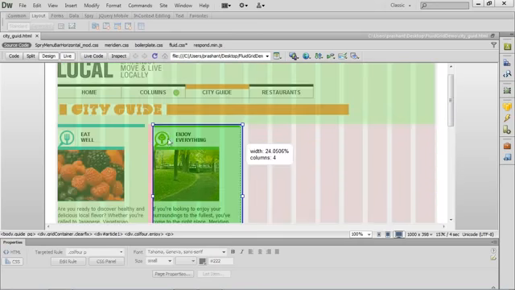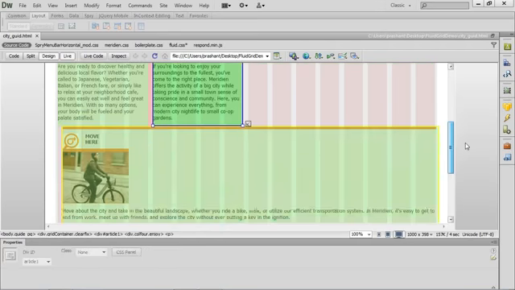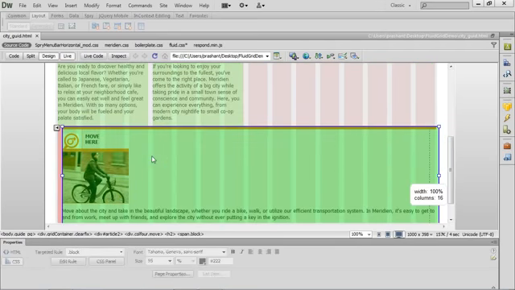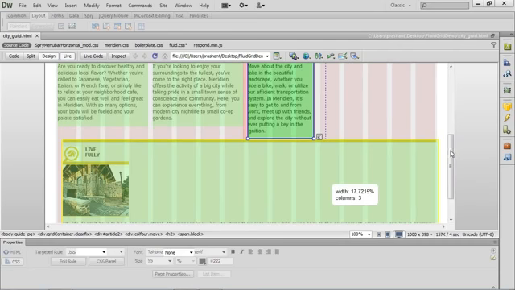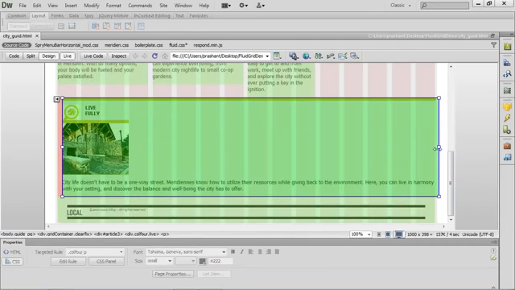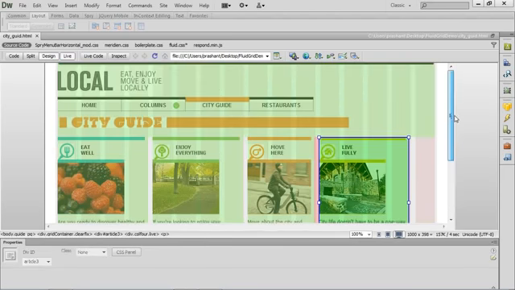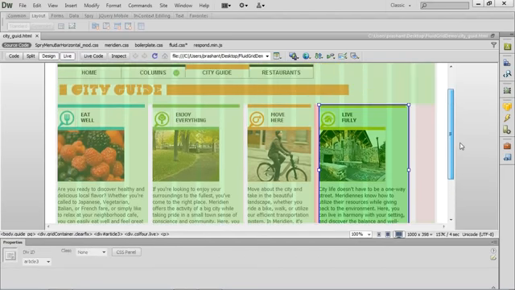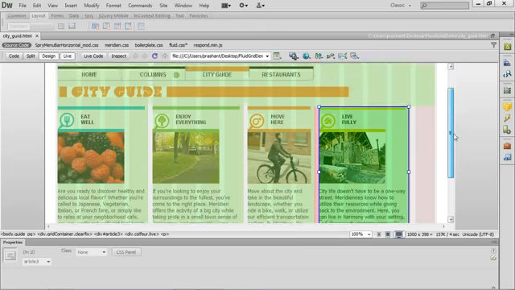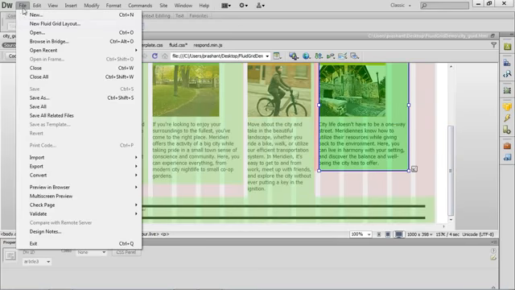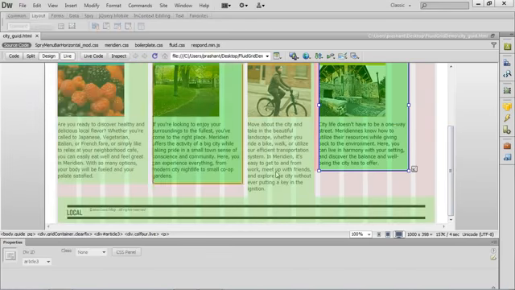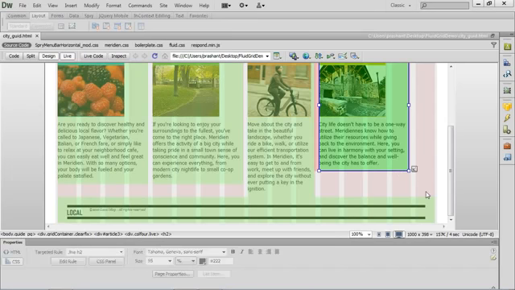I'm resizing the second box here, third one, and now the fourth. After I have resized all these boxes here, you can see that now all the articles are on the same row, which is what we intended in the desktop view. Let's go ahead and save this. We are done with the desktop layout.